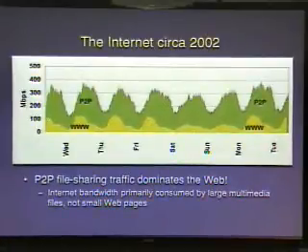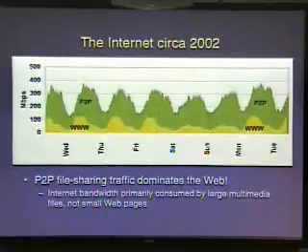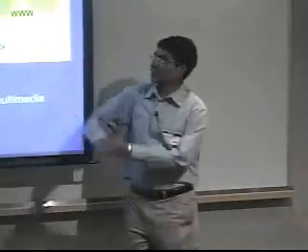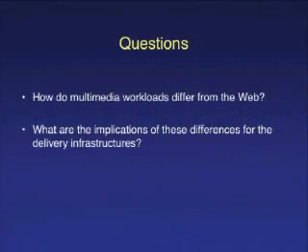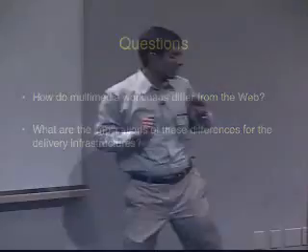Now, when we looked at this graph for the very first time, we simply couldn't believe it, because just within a span of 2 years, peer-to-peer came out of total obscurity to completely dominating the internet. Now, if you think about it, it's in fact much worse, because we just spent a decade designing the infrastructure to deliver tiny web pages, only to find that the internet is being dominated by a completely different workload, one which has very large multimedia files. So this naturally raises several interesting questions.